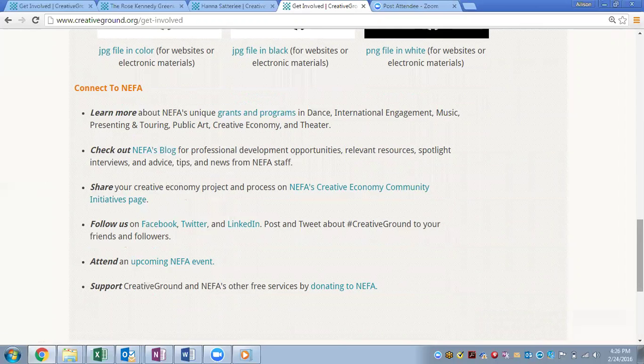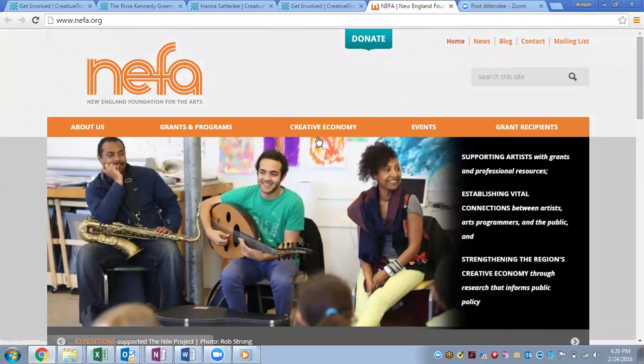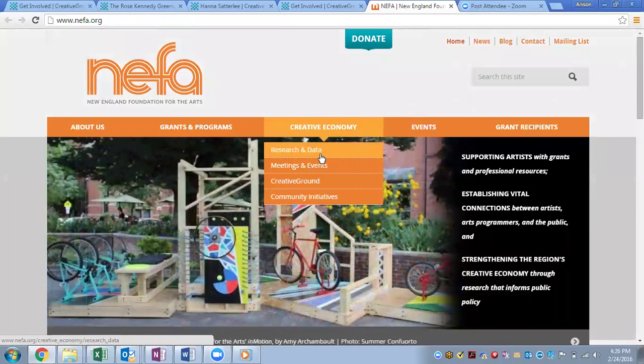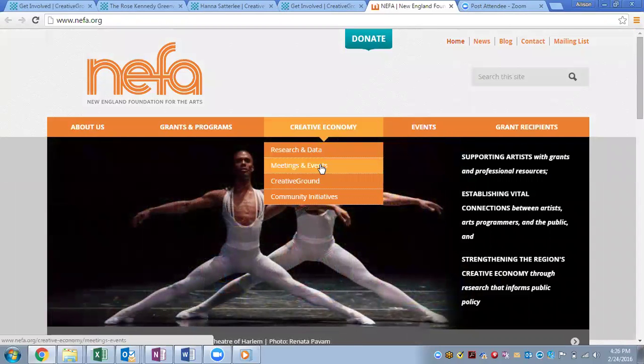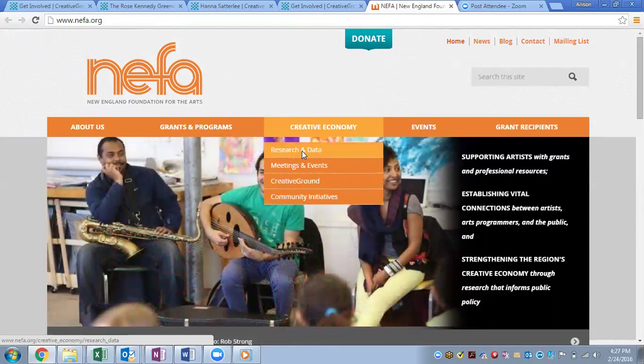Now, before we close, I actually want to direct you to the New England Foundation for the Arts website to show you more about some of the different creative economy resources we have. So we can go up here to the very top, click on NEFA, and this is going to bring us directly to NEFA's page. Here you can see there is a whole section devoted to creative economy, information about the research papers that we have done, any meetings or events that we have coming up for the Creative Economy Network, of course, a link to CreativeGround, and then community initiatives. So if we click on research and data,